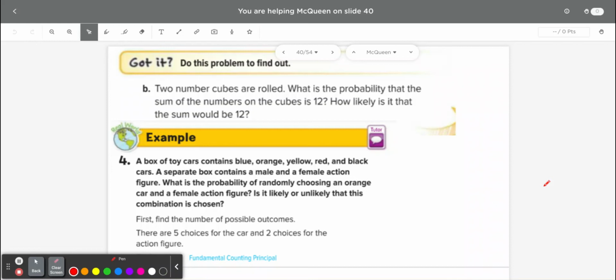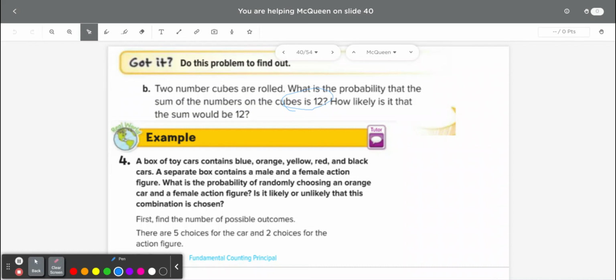All right, so two number cubes are rolled. With these number cubes, what is the probability that the sum of the numbers on the cubes is 12? How likely is the sum going to be 12? All right, so I'm looking here, and when I roll the number cubes, I can get on the first number cube